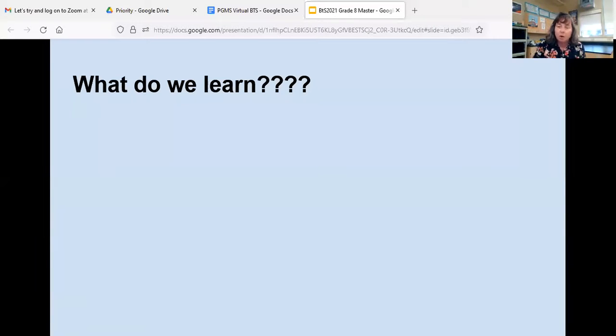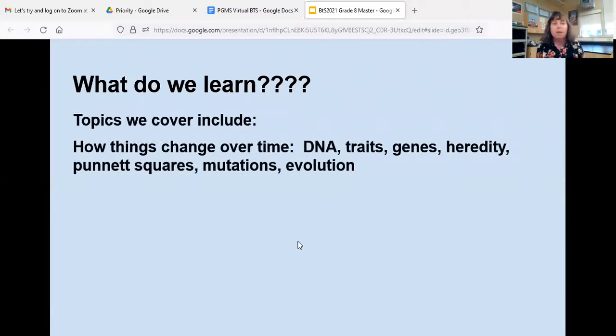Right now, all the 8th graders are learning about DNA, traits, genes, heredity, Punnett squares, mutations, and evolution. So our